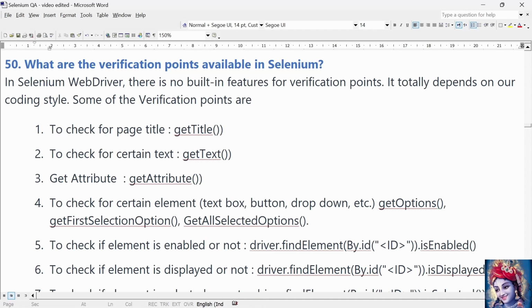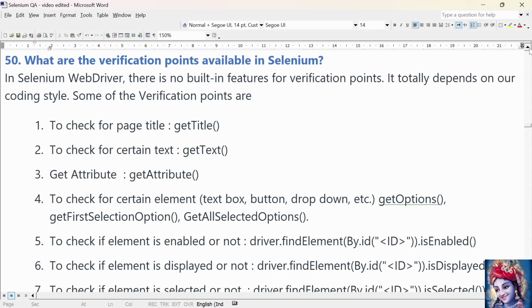Some of the verification points are: to check the page title, we can use getTitle. To check certain text, we can use getText. To check some attributes of elements, we can use getAttribute. To check certain elements like checkbox, button, dropdown, etc., we can use getOptions, getFirstSelectedOption, getAllSelectedOptions methods present in the Selenium framework. We can also use isEnabled, isDisplayed, isSelected methods to assert the current state of the elements, and